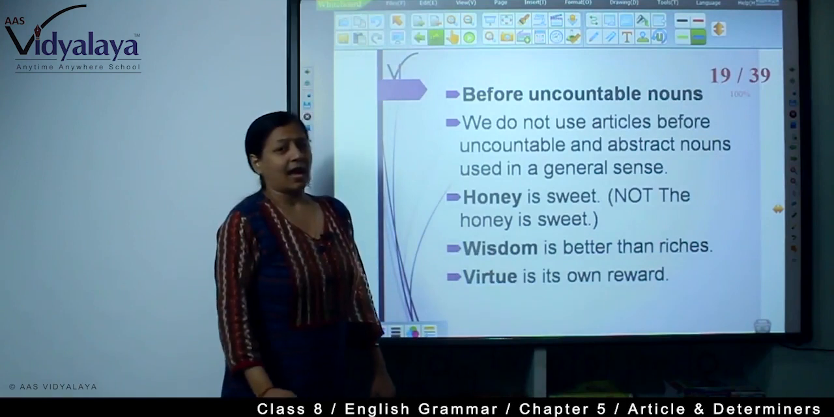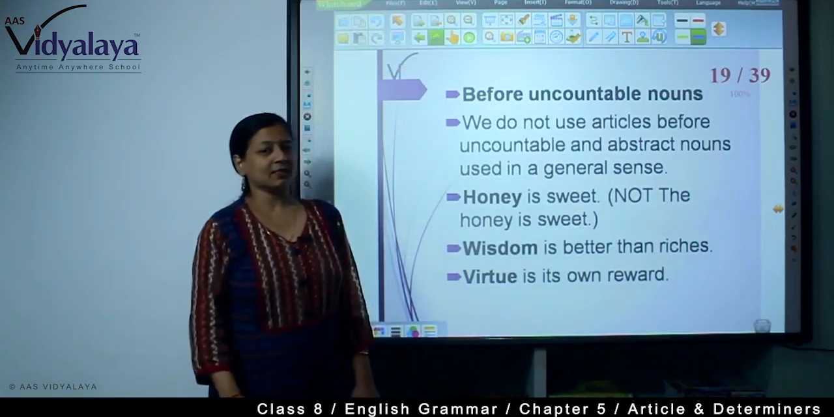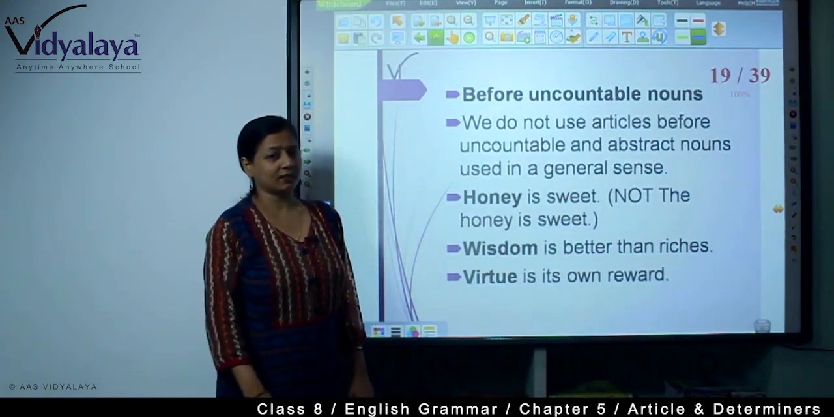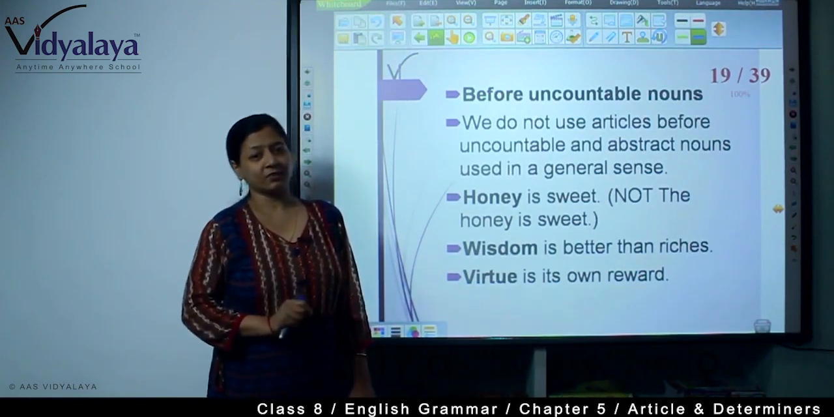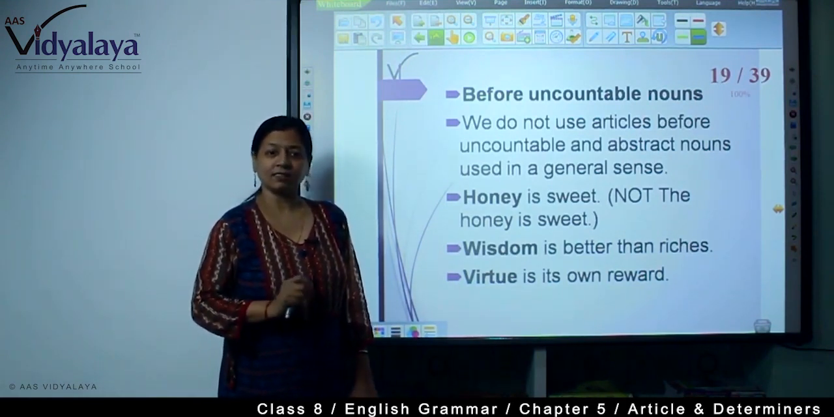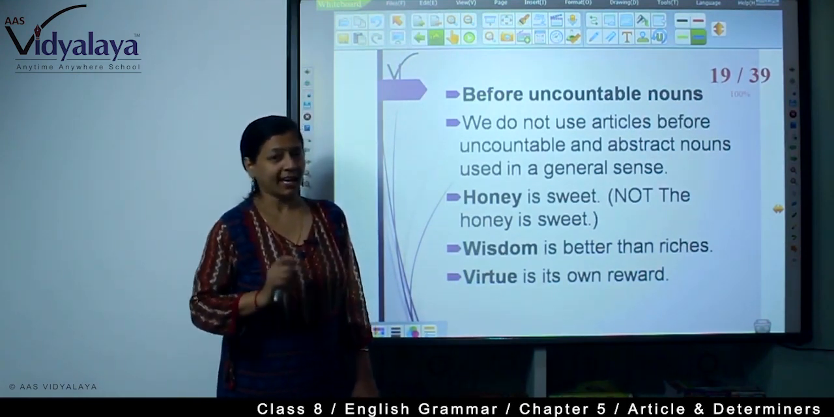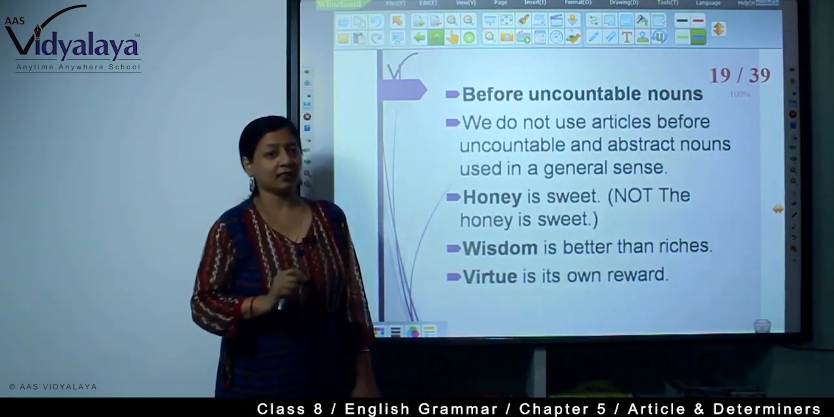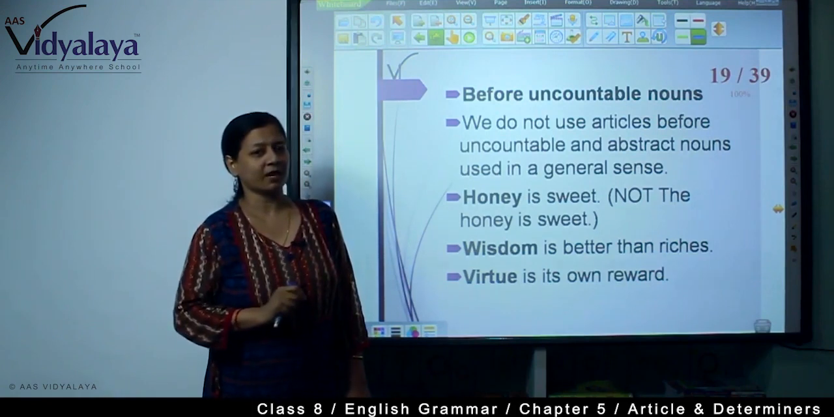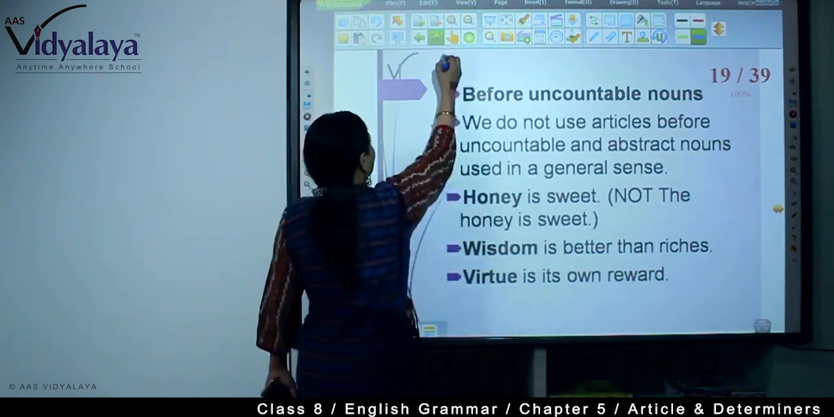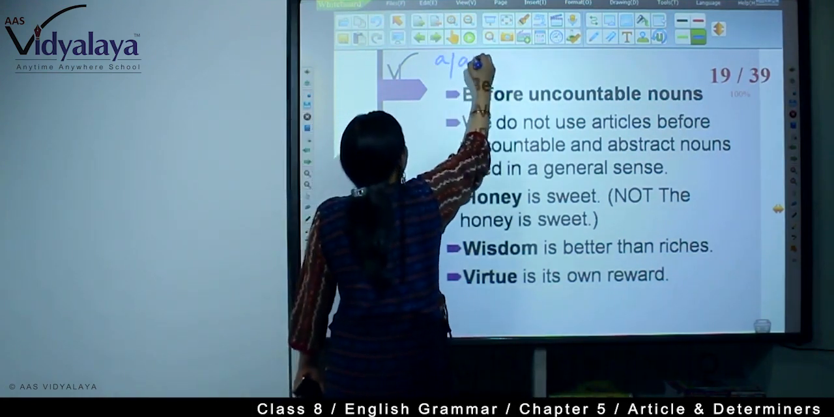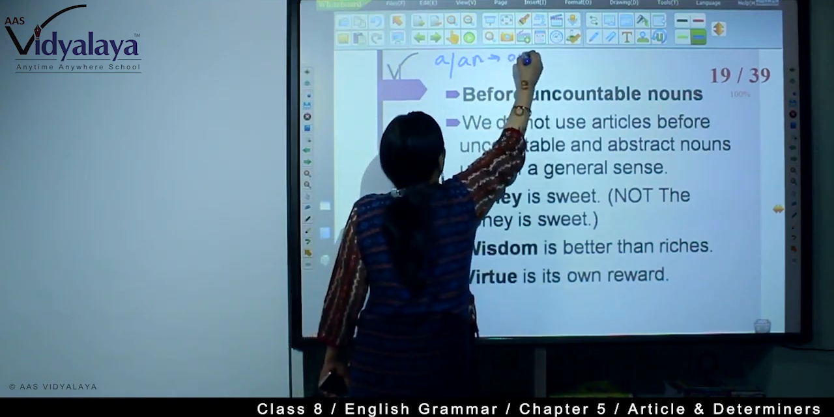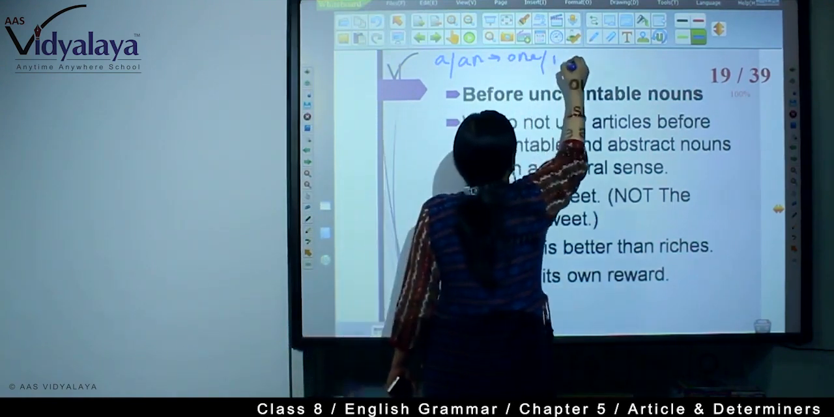Now, as you know, there are three articles: a, an, and the. A and an are indefinite articles, and the is a definite article. A and an are used for non-specific things, and the is used for a specific thing. See, a and an mean one, and they show